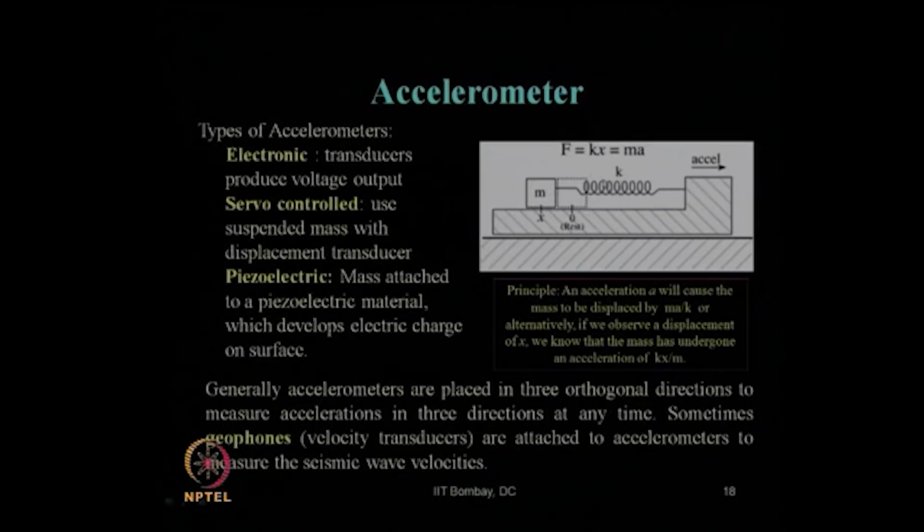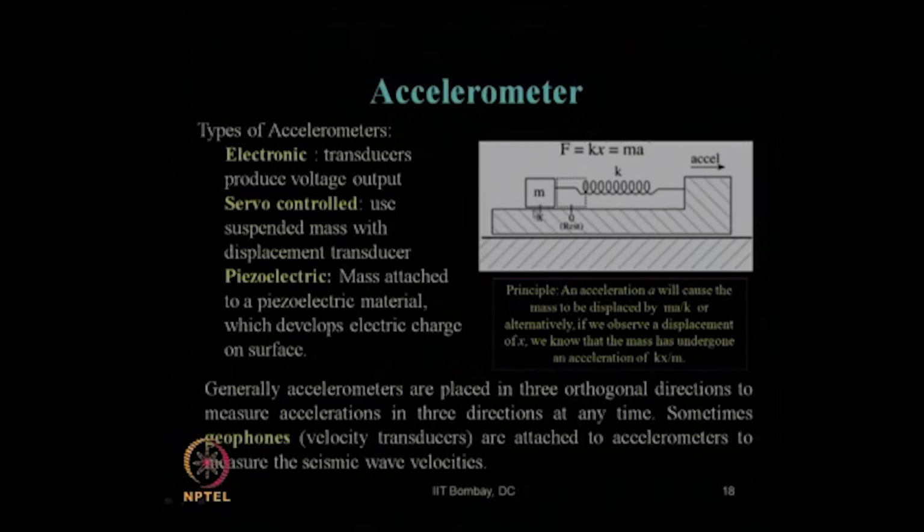That is nothing but k times x, the spring force, which has to be equal to mass times acceleration to maintain the equilibrium, right. So, mass times acceleration. The principle is that this acceleration a, we need to measure that value, right. So, an acceleration a will cause the mass to be displaced by an amount. How much displacement x is occurring? That is nothing but m a by k. So, m a by k, by this amount this mass will get displaced, or